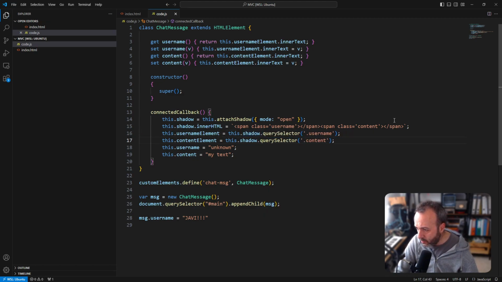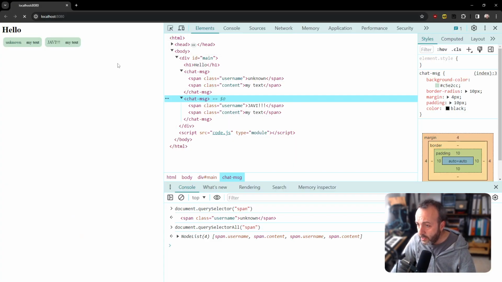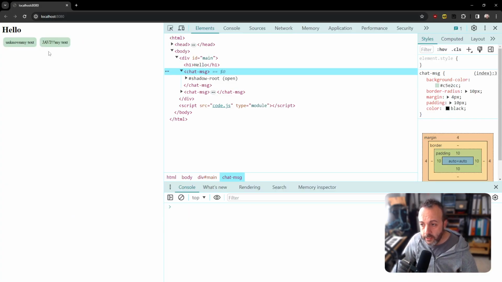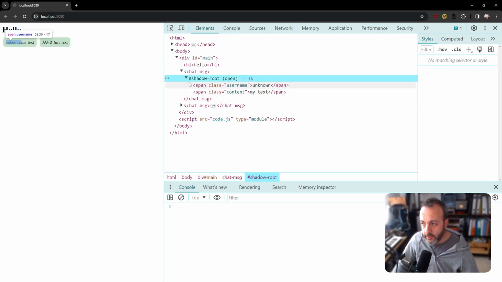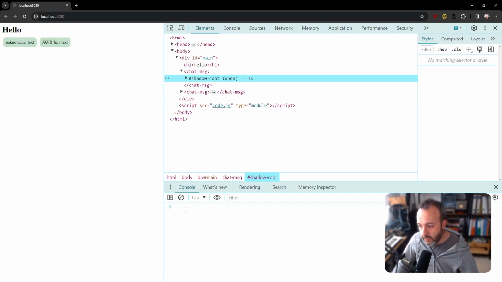I'm not sure if this is going to work. Let's see. Maybe it doesn't work because I did something a little bit ugly. So it works, okay? You can see we have exactly the same as before, 2 elements, but the cool thing now is that all the elements have disappeared. We cannot see the spans. You can see them if you click here and open it. They are here. But the nice thing is that when we search now for spans,